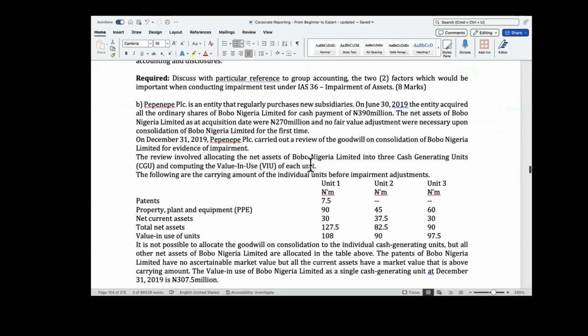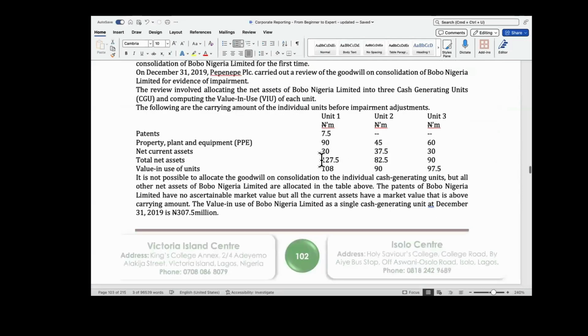So the impairment loss of Unit 1 is 127.5 minus 108. Is there anybody with a calculator? What is 127.5 minus 108? 19.5. Okay. Now, that 19.5, we will need to allocate